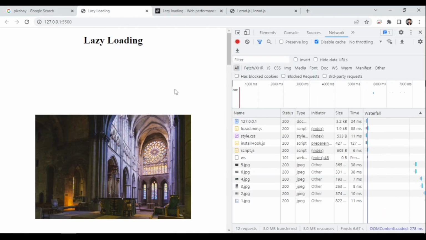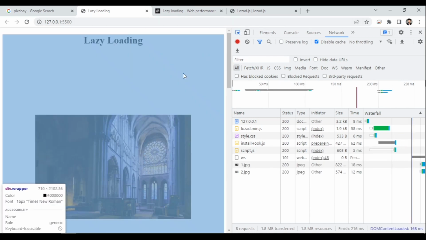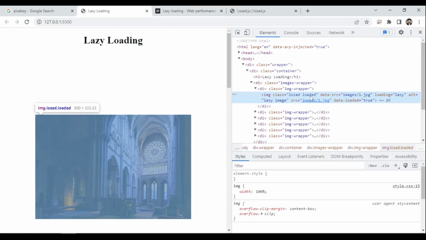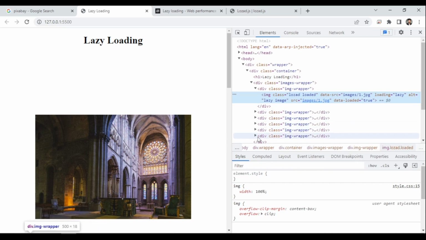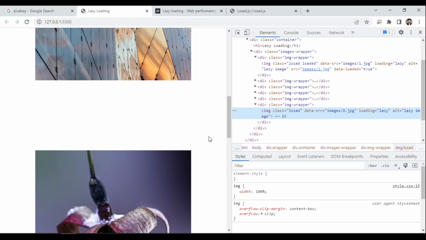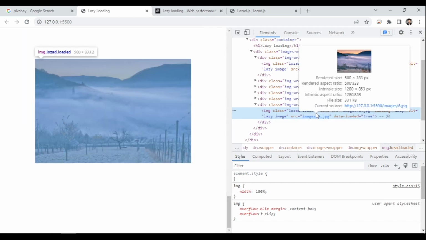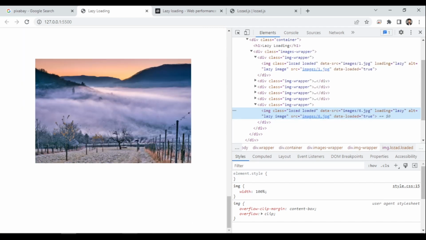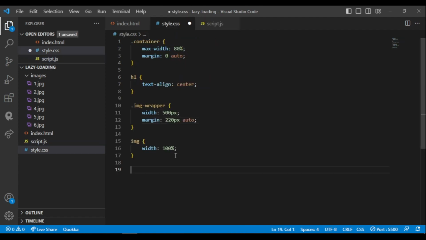When I scroll down to them, this is not going to add in a fade in effect, but it will just add in a loaded class. The other images like 5th and 6th shouldn't have it. Yeah, this one doesn't have loaded unless I scroll down to them. So I scroll down to them and it added a loaded class. So using this behavior, I can add in a fade in effect. So I would say as soon as the Lozad class has the loaded class also,